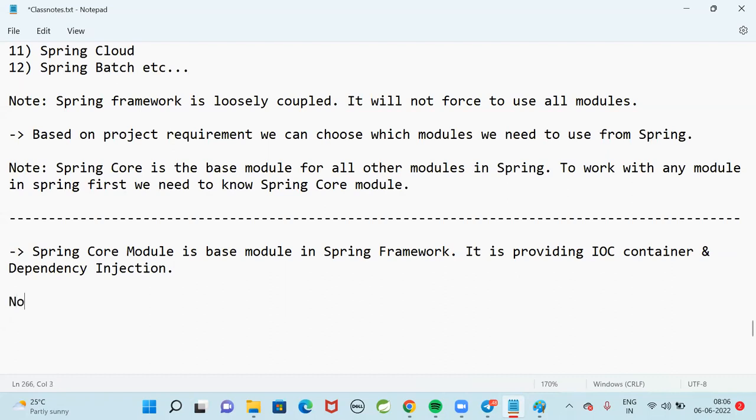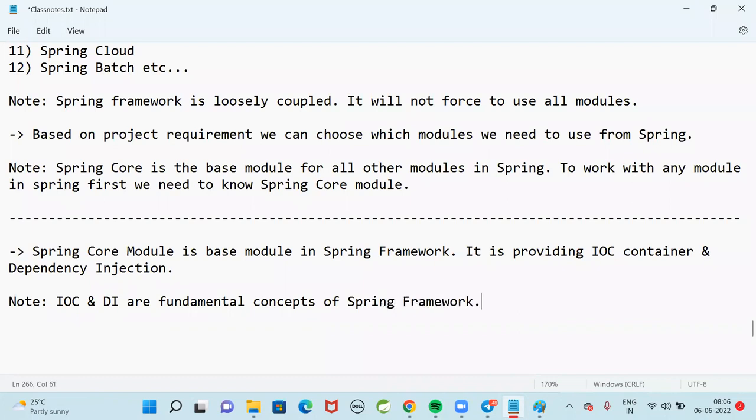IOC and DI are fundamental concepts of the Spring framework. Without IOC and DI, there is no use of going for the Spring.